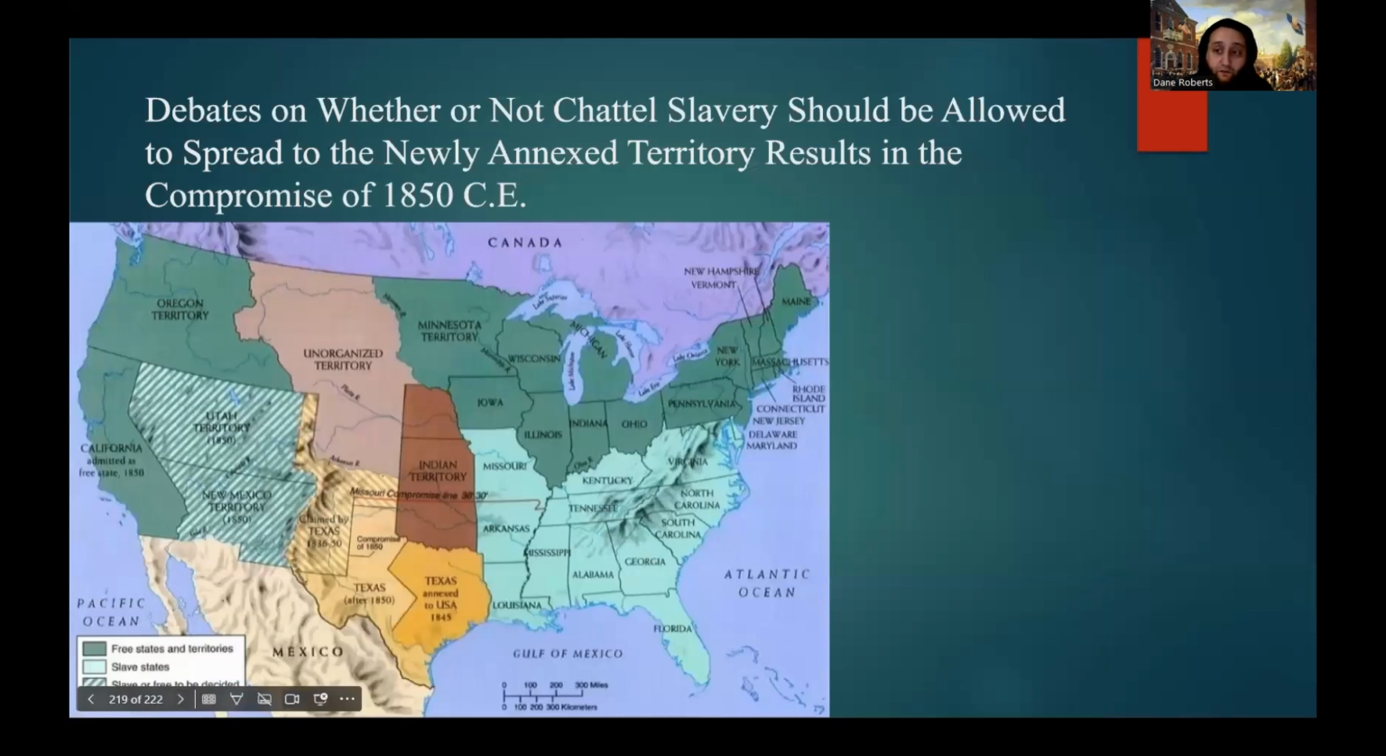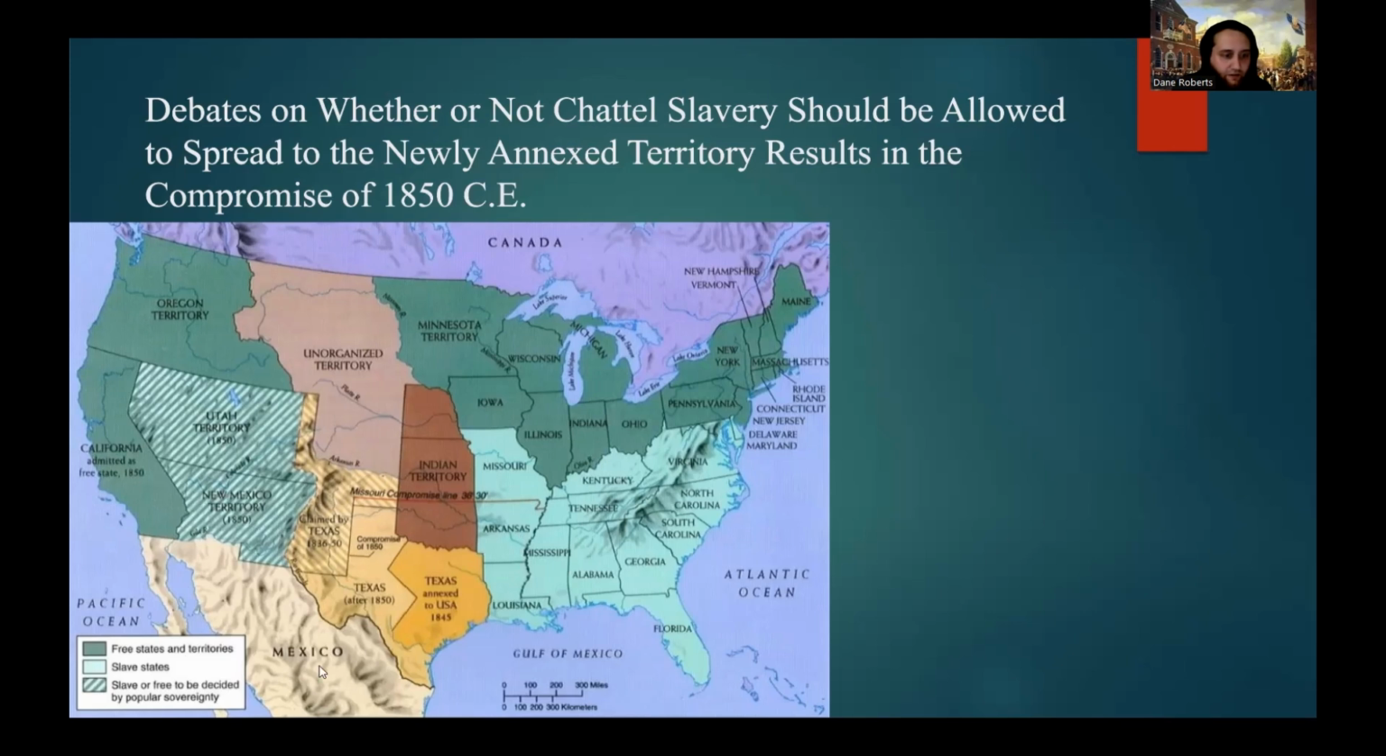Also, another massive effect of the Jacksonian era and the Mexican-American War, specifically the territory gained as a result of the Mexican-American War, would lead to debates on whether or not chattel slavery would be allowed to spread to the newly annexed territory, which would result in the Compromise of 1850 CE, which essentially stated that the areas here in